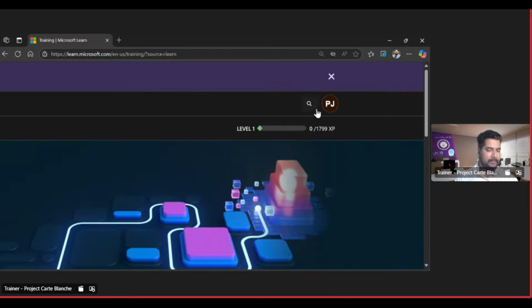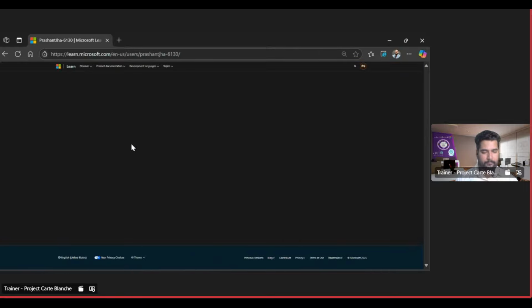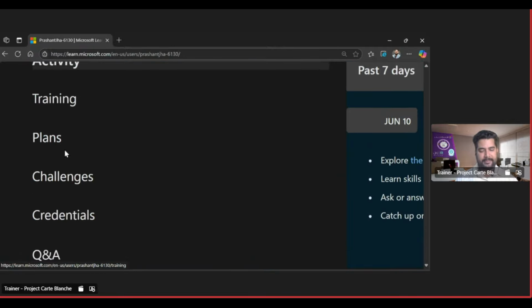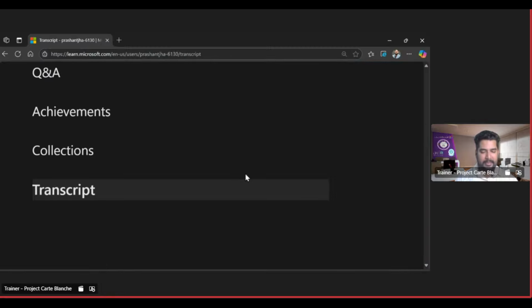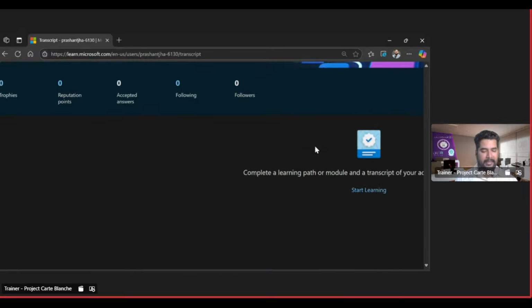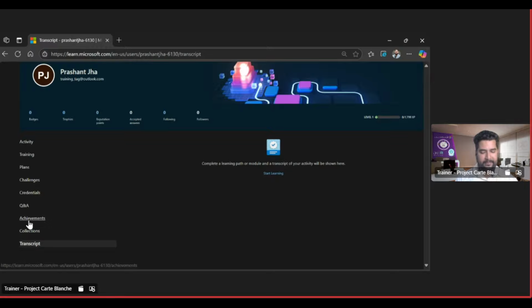But whatever it is, first thing we need to understand is where is my profile URL? So we are going to click on the first page called profile. In the profile, you will find a lot of feature sets: training, plans, challenges, credentials, Q&A, achievements, transcript. Transcript is the place where whatever certifications and badges I earn will be available, which is part of this. If I click on achievement,